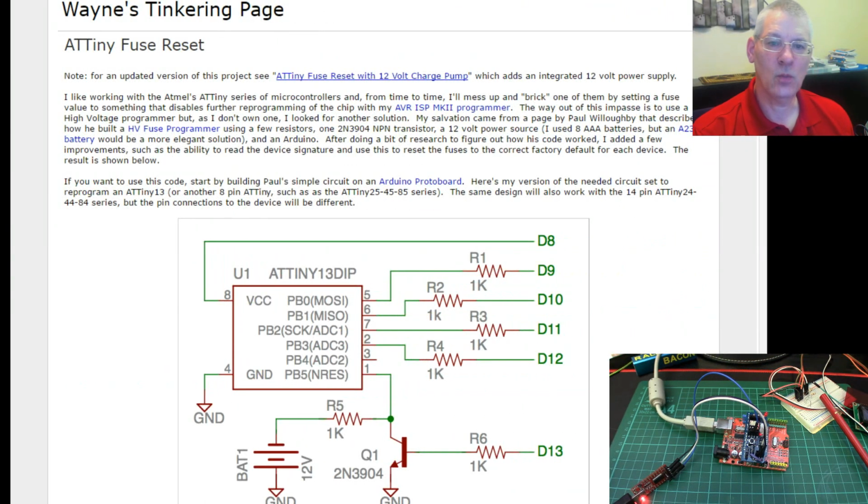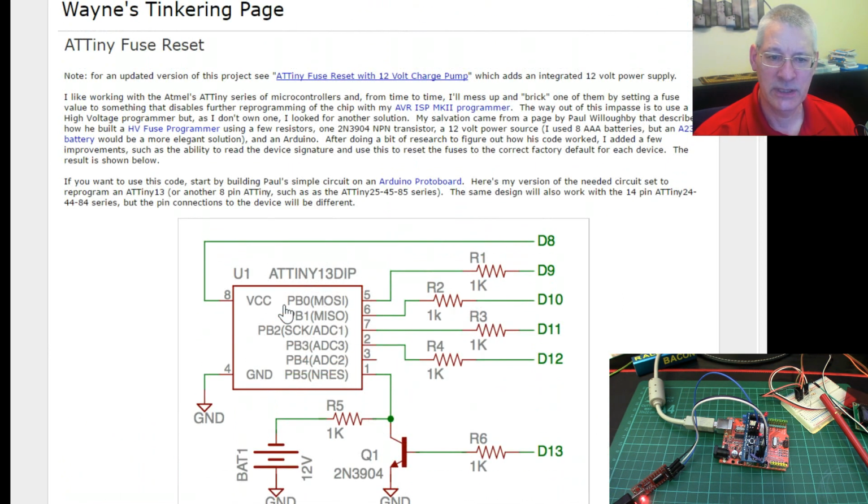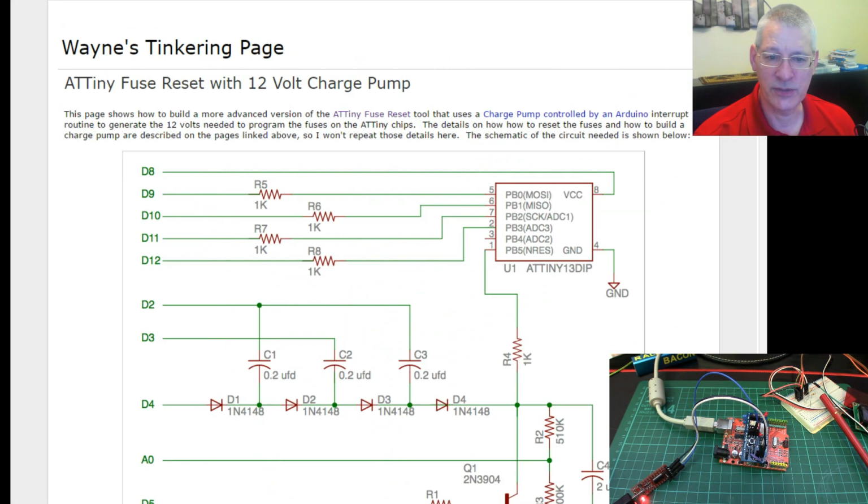So here we are at Wayne's tinkering page, as he puts it, and it's all about the ATTiny fuse reset. What he's created here is this circuit that basically allows you to reset what's on pin 1 via this command here and a 12-volt battery. Except that was a bit too much hassle, I think, for most people. So he's created a Mark II of this that doesn't require that 12-volt battery. So this is his second attempt at programming it all. And what he's got here now,